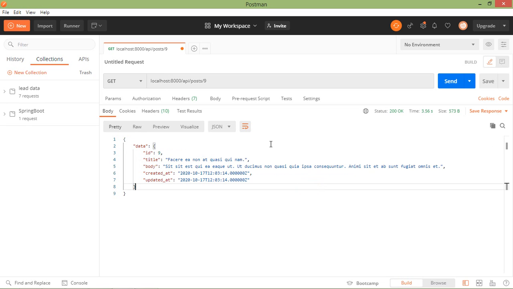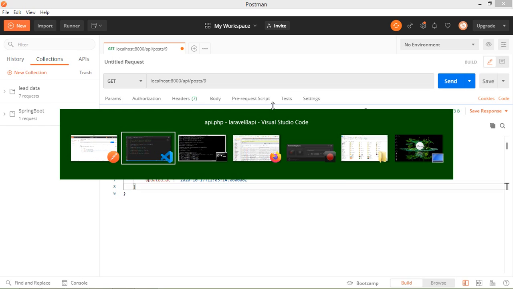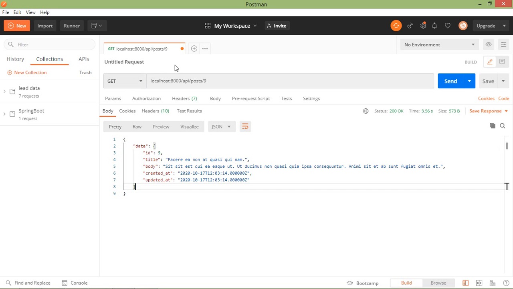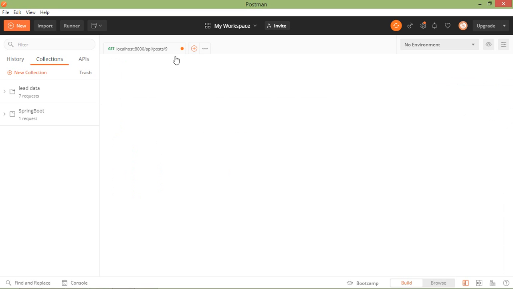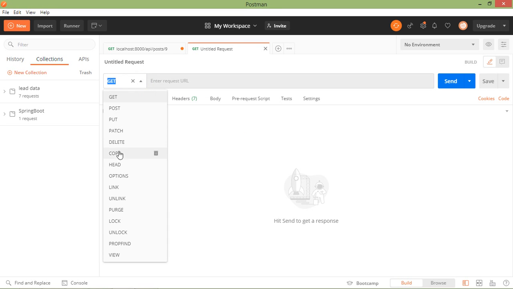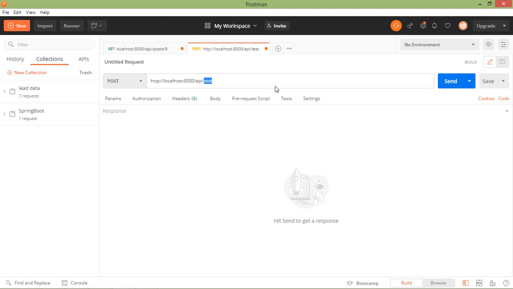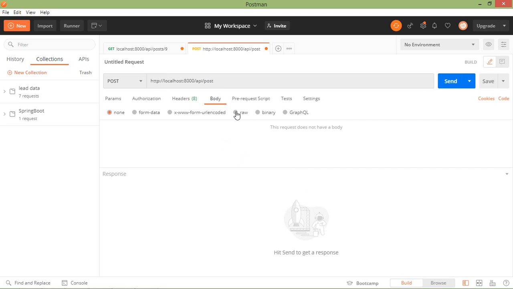Now let's create a new post. For that, just call this route, and the method is post. So just open a new tab, and here select the method post and URI localhost API slash post. Then click on body, then raw, and select JSON.